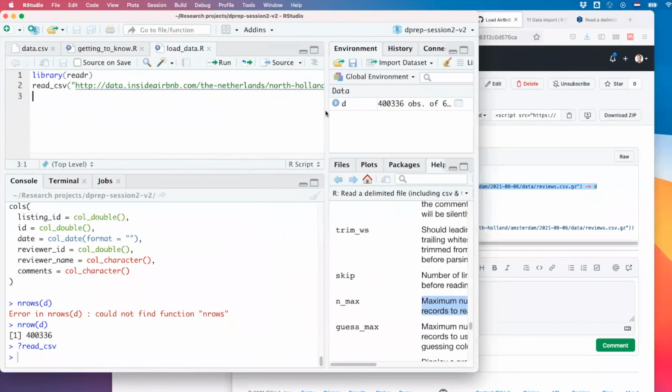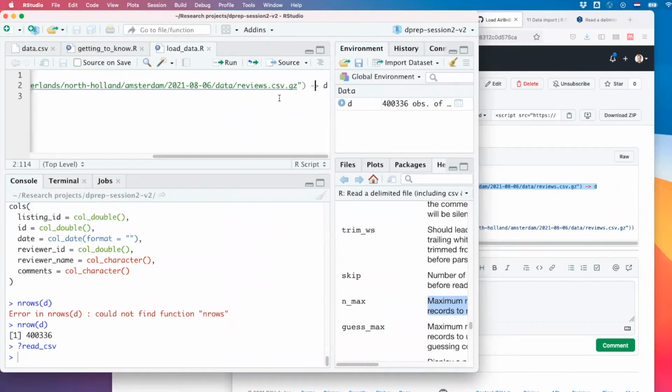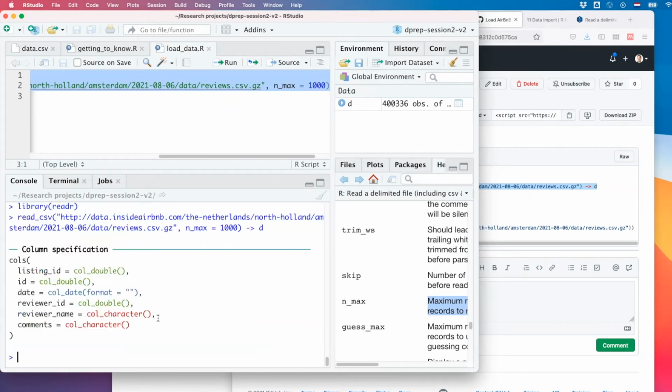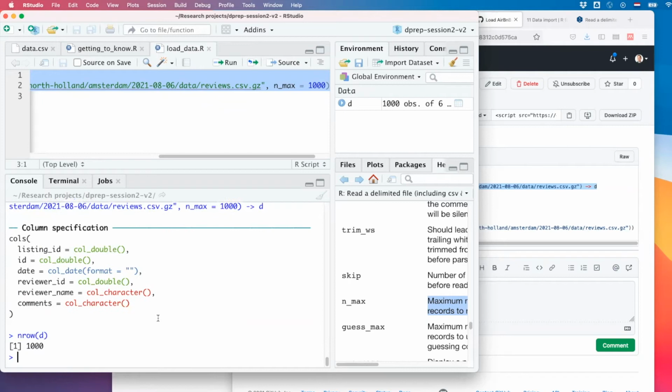So something that you could do is add a comma and then write n_max = 1000, for example. If I rerun this again, it only reads 1000 lines. In this way, you can limit the file sizes of what gets loaded.